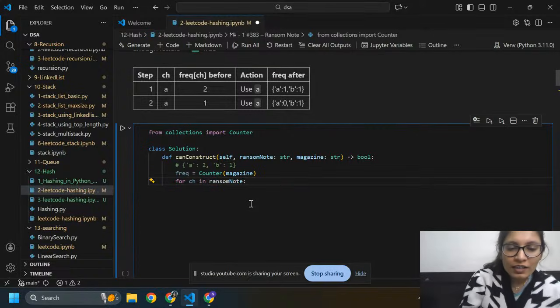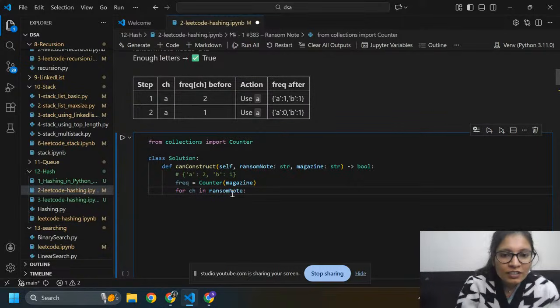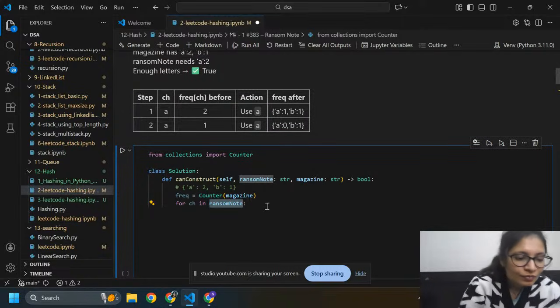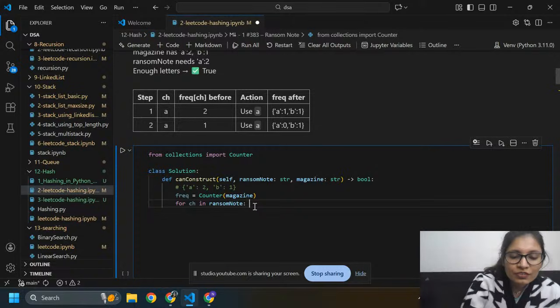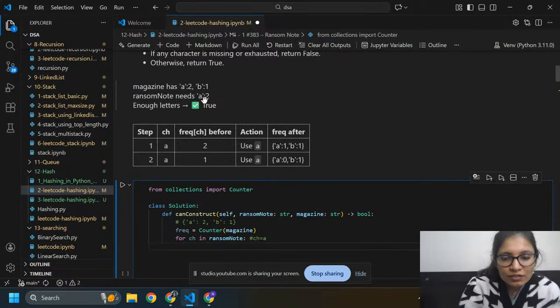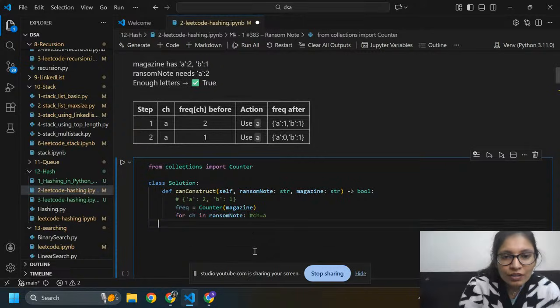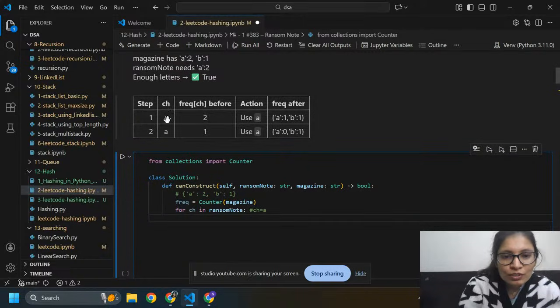Here I take ch equals a, which is present in ransom note.